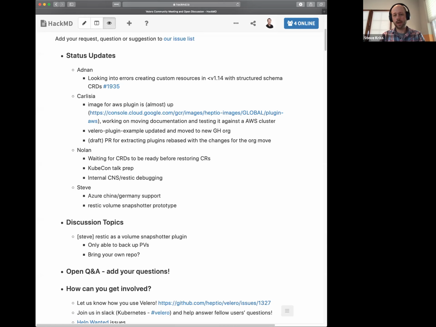We've had a lot of discussions since the Restic functionality was added about possibly making both the code and the UX for Restic more similar to the other volume snapshot implementations. So I've been doing some prototyping here, trying to see if and how it could work to put it behind a volume snapshotter, and hopefully spur discussion on whether that makes sense. I'll get into more detail on that in a minute.